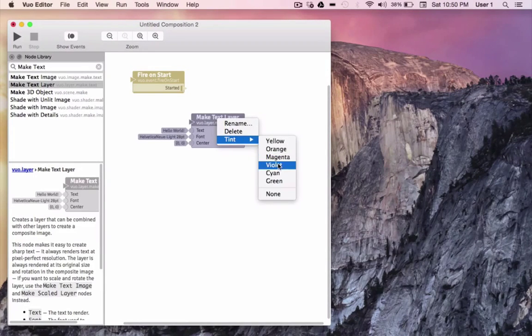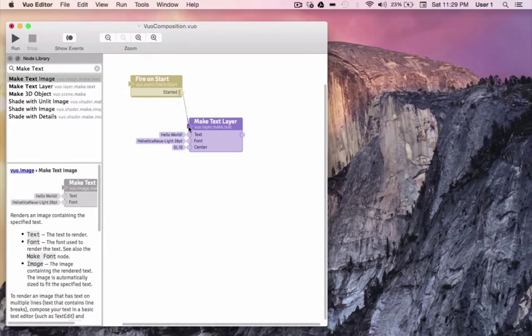Make Text Layer will perform the primary function in this composition, so, like the built-in example compositions, I'll tint it violet. Now I want to take the event that will fire upon starting and send it down to the Make Text Layer node. Notice that when I drag a cable outward from the started port, any port that's capable of receiving an event will light up. I can't send an event to an output port, but any of these ports can receive an event. In this context, I could actually send the event to any of these ports and create a text layer. But since I'm only sending an event and not any data that might modify the data already present at these ports, I'm just going to send our event directly to the refresh port.